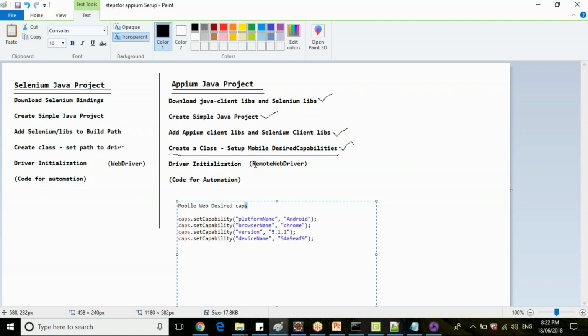So these are the four mandatory capabilities for your mobile web. When you are working with native, I will tell what the capabilities are.